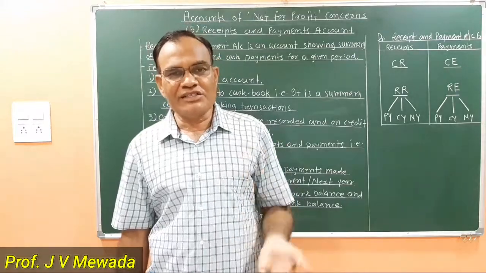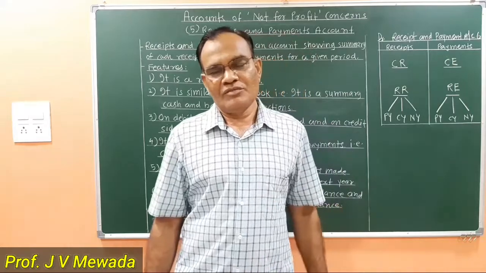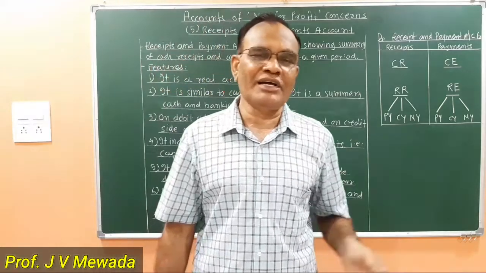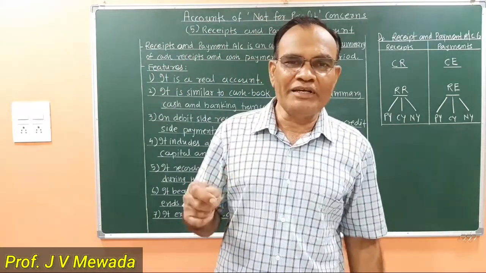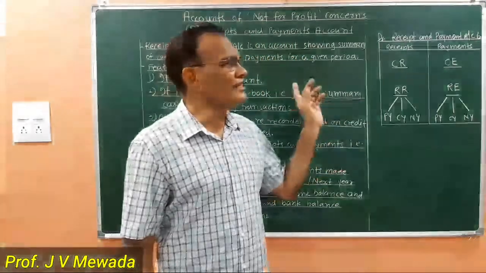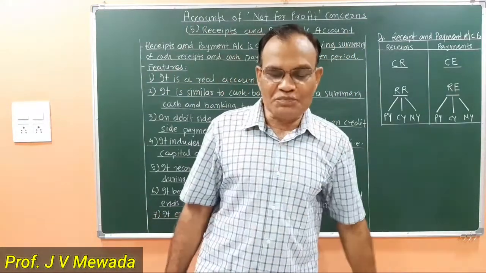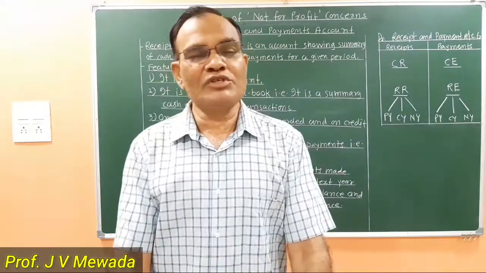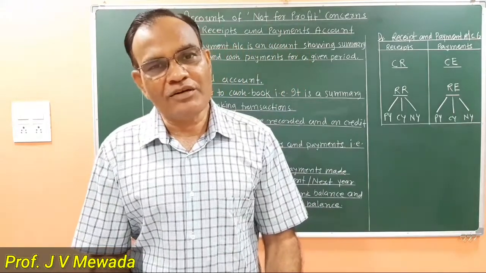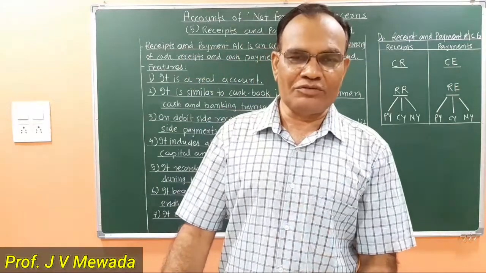Now whenever the transactions are taking place in NPO, they are recorded in the primary books. So here we are having a cash book. So in that cash book, whenever cash is received, we are recording. Whenever cash is paid, we are recording. I'll give you an example that how receipt and payment account is a summary of cash book. Let me take an example of a sports club. We are having one sports club. This sports club is having a playground. This playground they are giving on rental basis to those who are in need of that particular ground.